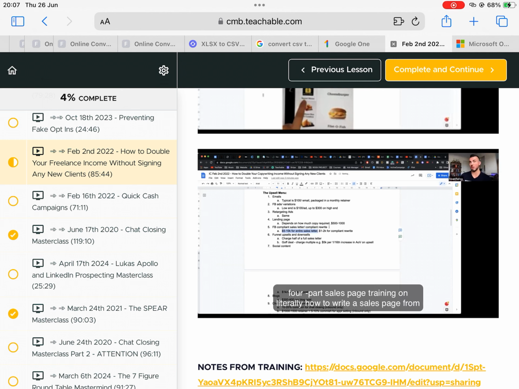So using what we went over about 2 or 3 months ago, we did a whole 4-part sales page training on literally how to write a sales page from scratch, the whole research process. It's loosely following the RMBC method, combined with stuff I've learned from Agora and from David Deutsch. We went over the research process, putting together the brief, the mechanism, and then the actual letter itself, turning our notes and research document into a fully fledged high converting sales letter. From that training alone, you would be able to go out there and write a sales letter.